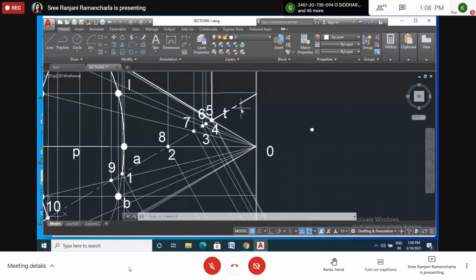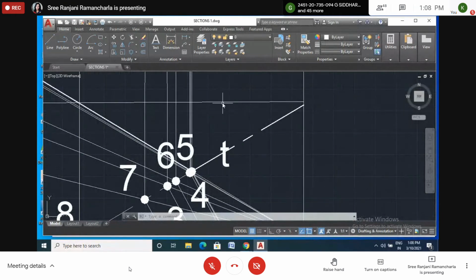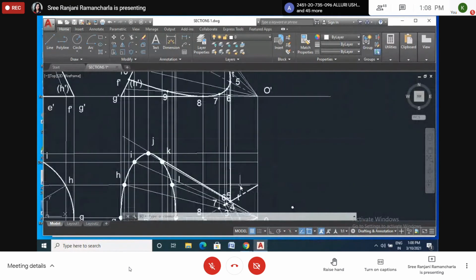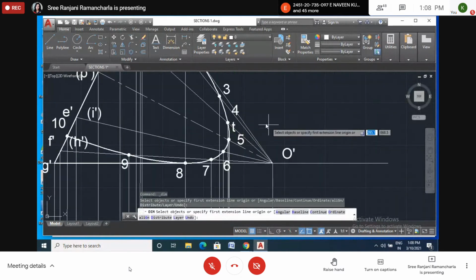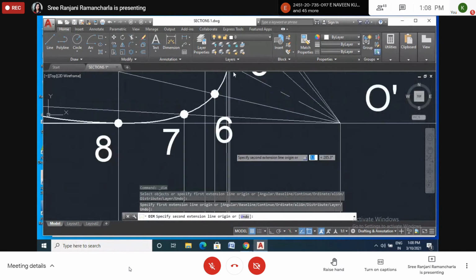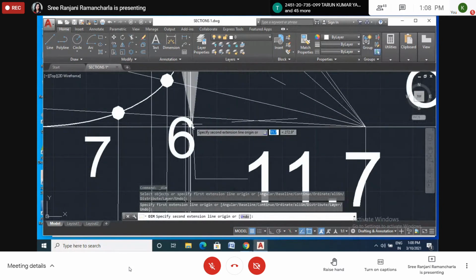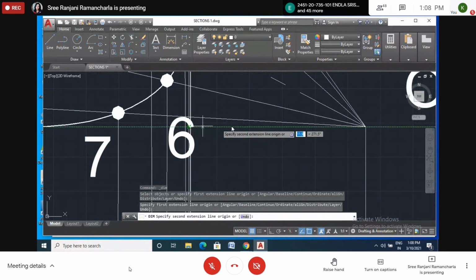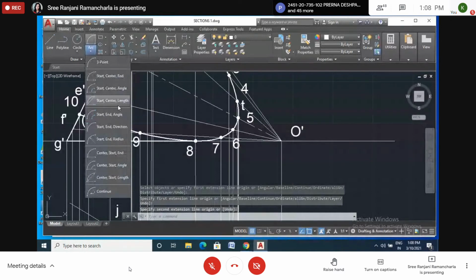Now 4 is the middle line. Eleven point nine. 11.9.